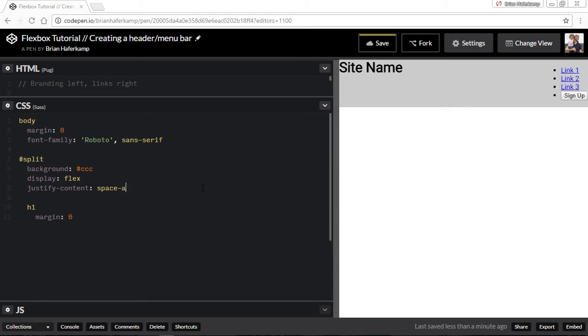We could also do something called space around. And space around gives equal space around each element. So if there were more elements, it would be a little bit more squished together. And then you could also do the default, which is flex start. It's a little bit of a verbose terminology, but